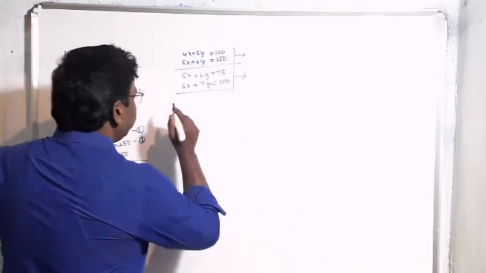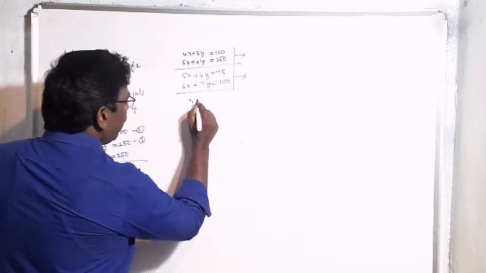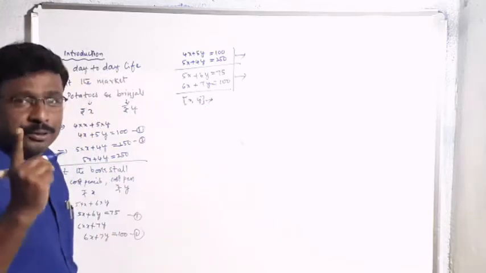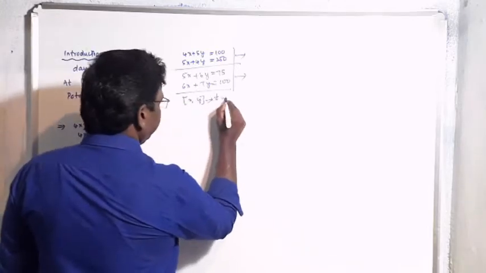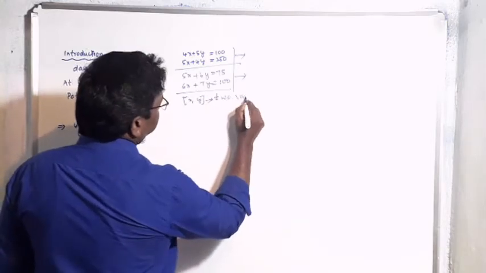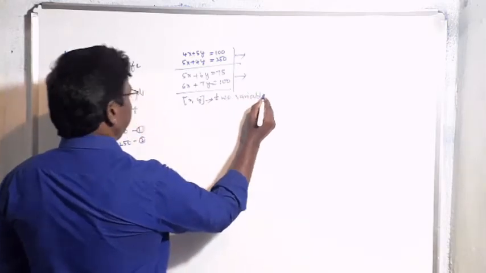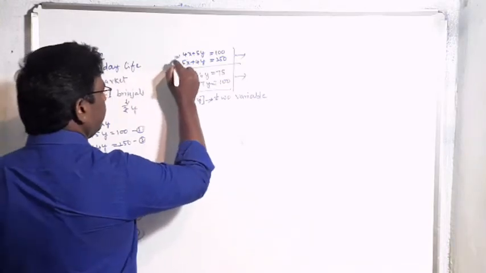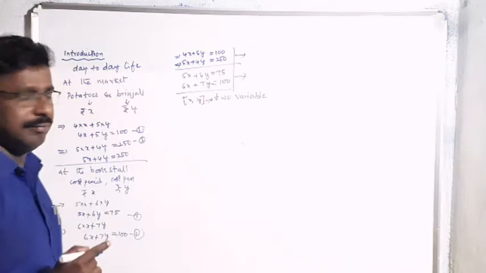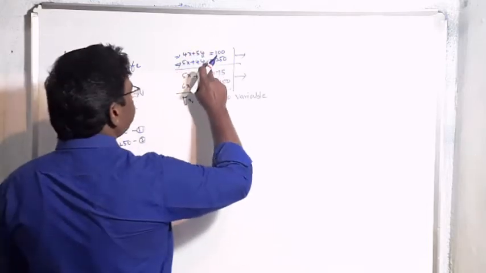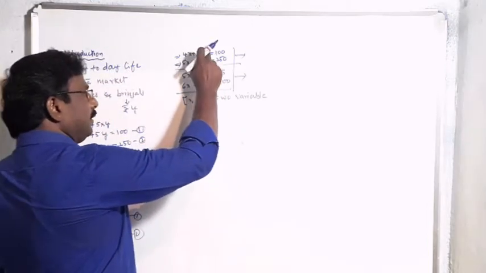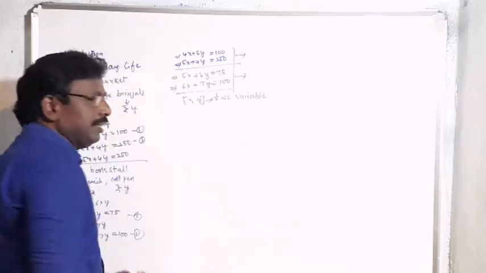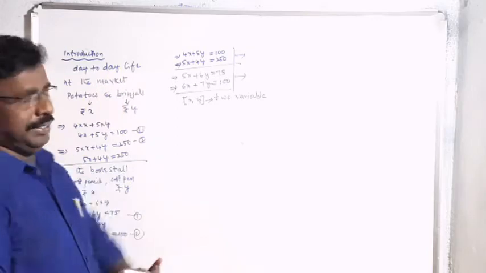Here we are seeing X comma Y, two variables. X is a variable and Y is a variable. This X is common to two situations, first condition and second condition. This Y is common to first equation and second equation. Next look here, two conditions. From two conditions we got two equations.